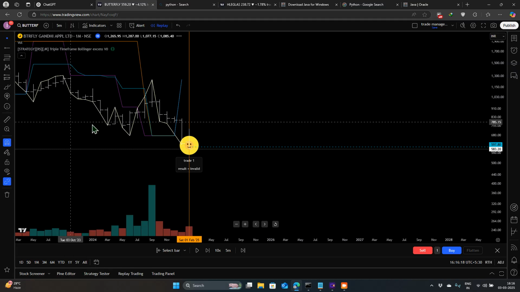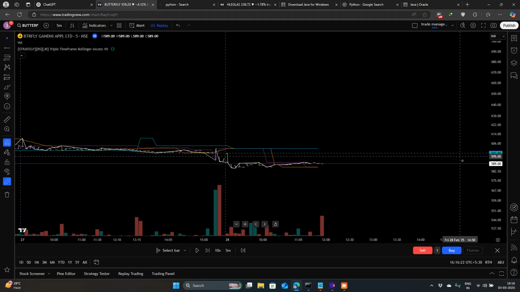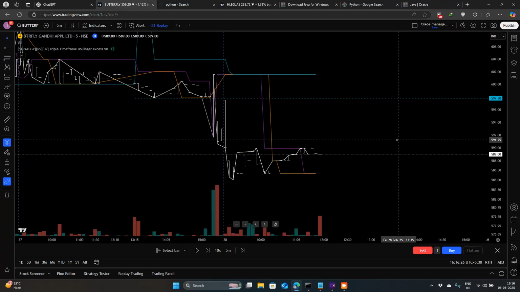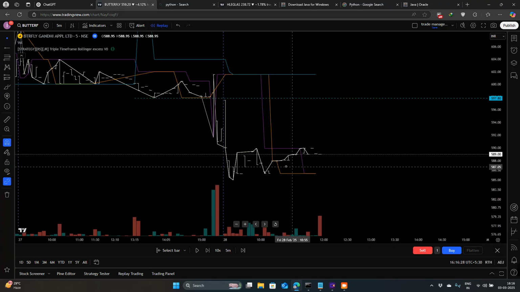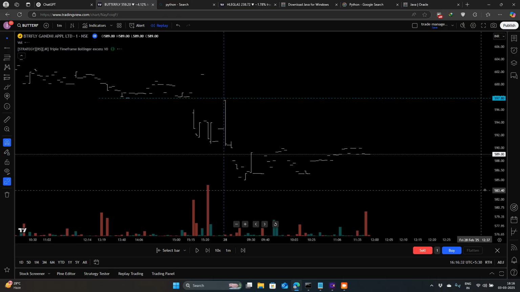What we want here is to again go to 5 minutes and we are going to sell our stock here. Okay, when are we going to sell? Exactly on 1 minute. See, we are going from 3 minute to 1 minute. So it's quite a powerful strategy. It's not a very simple strategy, it's quite powerful.